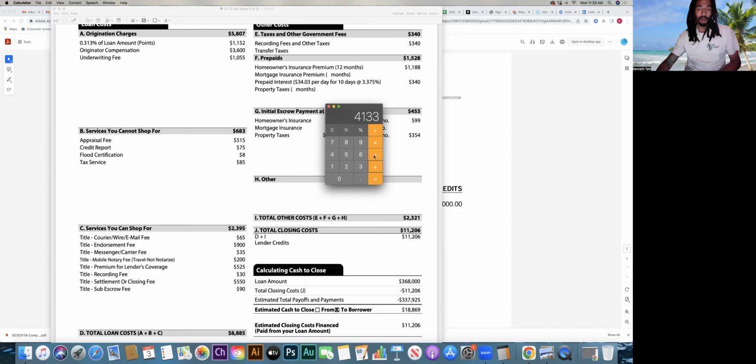$4,133. But remember, this $900 was incorrect. That should only be $90. So let's take off $810. So your actual fees are roughly about $3,323, if you don't have an origination charge or a